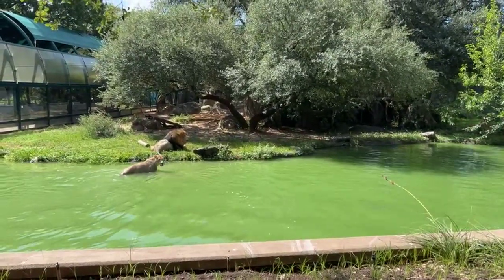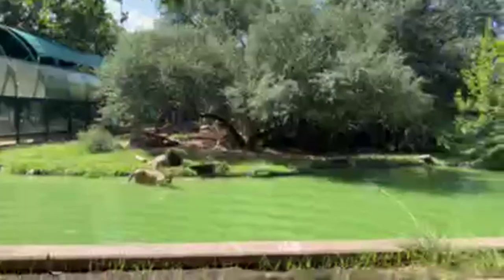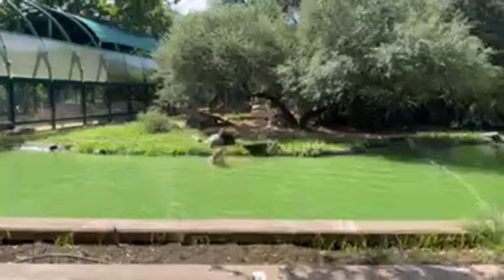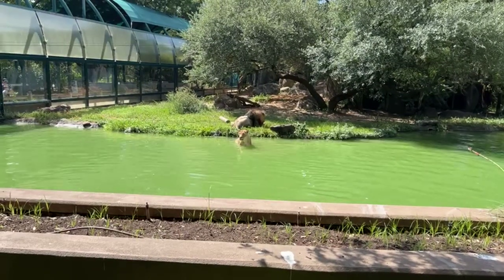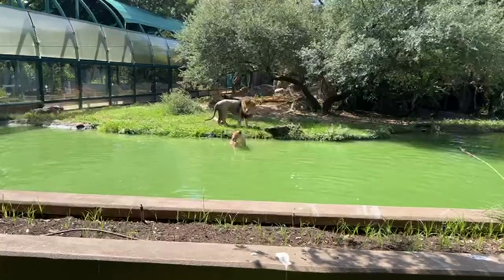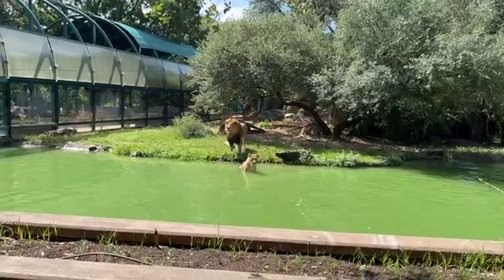You know, that's great for us. Failure is very much an option. Lions in the wild with hunting are only successful 30% of the time. Those are not great odds. So when they do things like this and we make that enrichment incredibly difficult, we do know that it really helps them replicate that natural behavior such as failure,